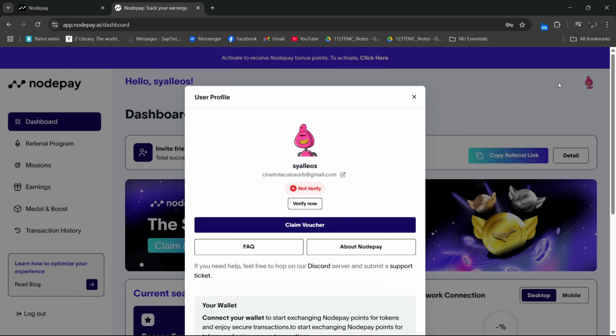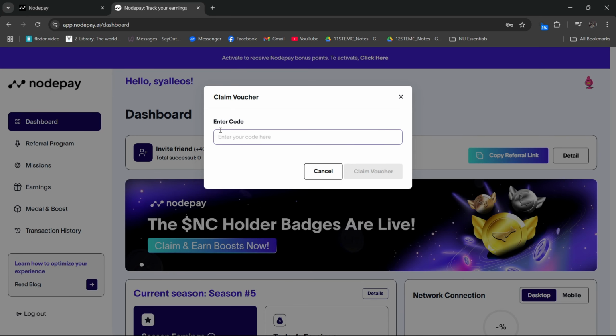Once you click on that, you will see a few options pop up, and you just have to click on the claim voucher, and you can now claim your voucher if you have one. Just enter or input your code right here, and once it is already input, just click on the claim voucher